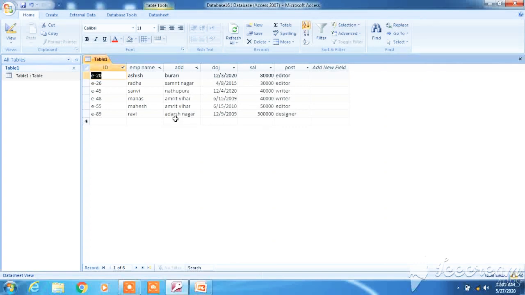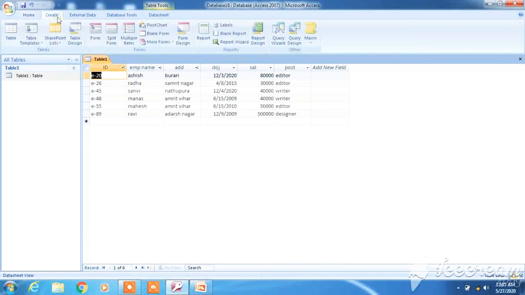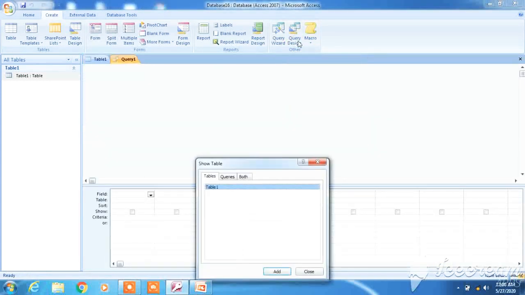Now I will tell you how to create the query. We are creating something, so we will go to the create option, right? What are we creating? Query design. You will click on the query design option. Now there are two divisions. One has the data fields and another has the query design grid, right?